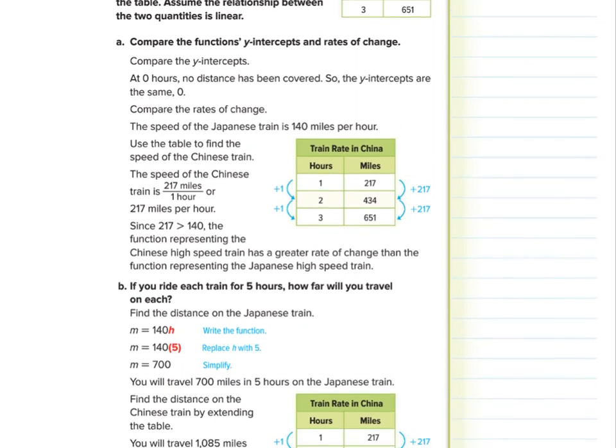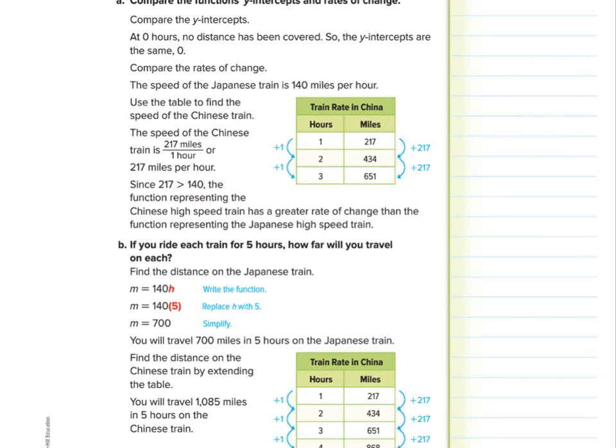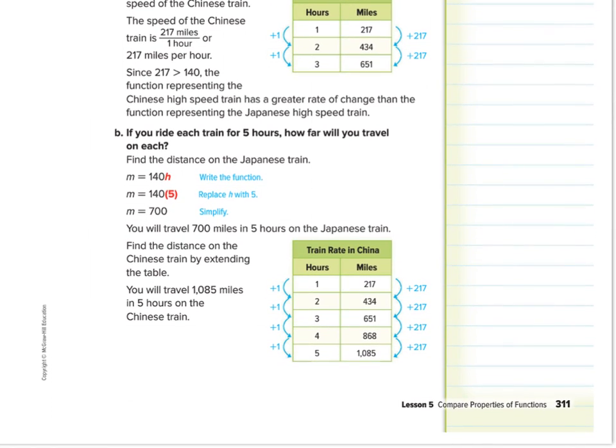Now, if you ride on each train for 5 hours, how far will you travel on each? Well, for the Japanese train we're already given the function m equals 140h. And so we can put in 5 and go m equals 140 times 5 to get 700 miles in the 5 hours on the Japanese train. Now, find the distance by extending the table. That's one way of doing this for sure, where you can increase by 217 and 217 to get 1,085 miles